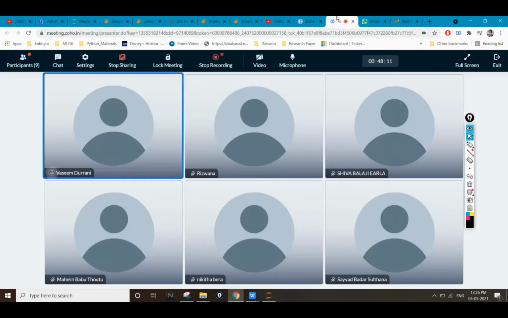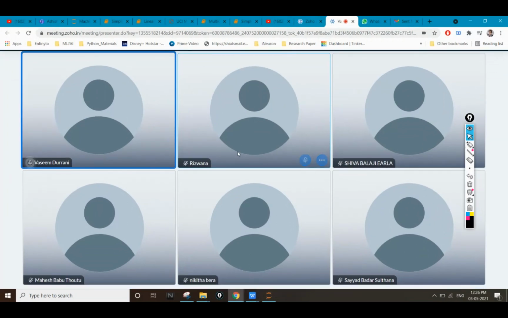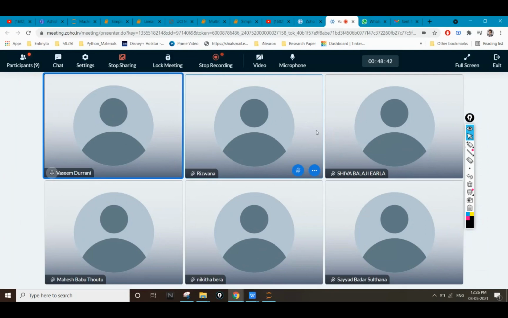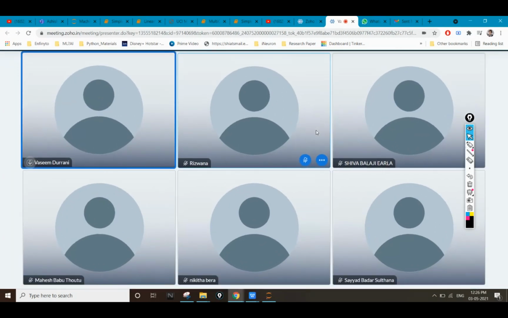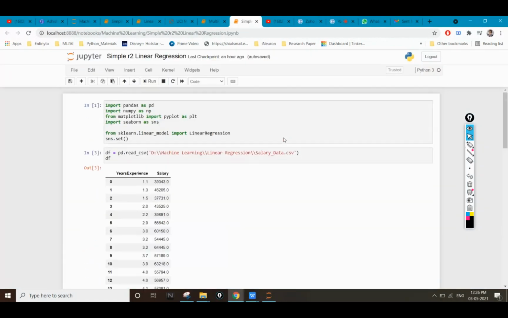Is the concept of R square clear to you guys? R square is just a mathematical representation of OLS, ordinary least squares, which will give me how much predicted data we are able to fit on that original data set. Am I clear to you guys? Do you have any doubt? Please let me know in the chat. Don't worry, I will provide this code to you guys.